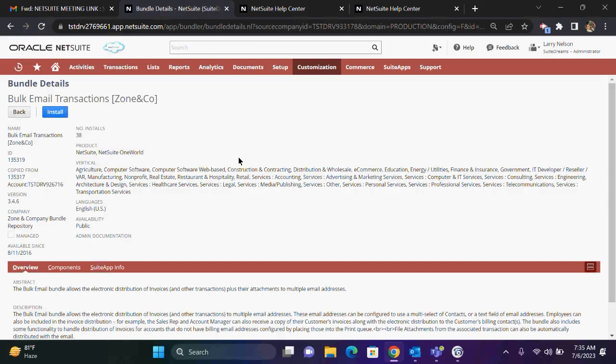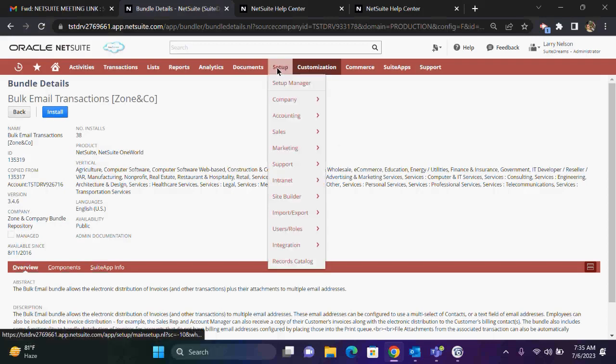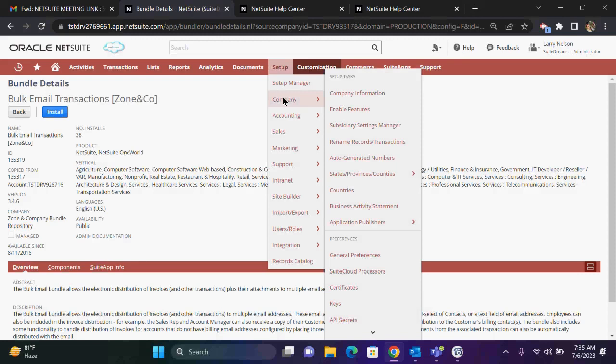Now, if you're done with the bundle installations, if you have installed all the bundles, you need to start configuring the system. So how do you start the configurations? For starting the configurations, you can go to Setup. This tab is applicable for all your basic setups. First, related to the company: if I go to Setup, Company, and Company Information,